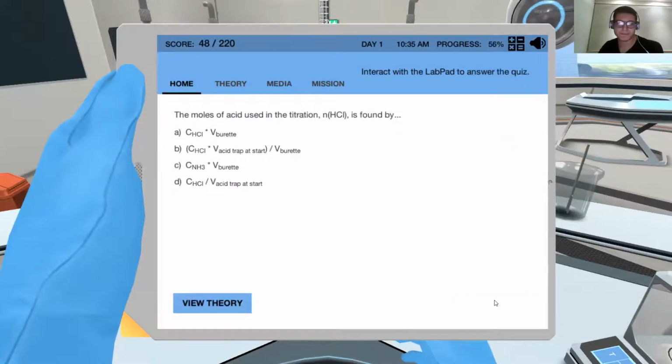The moles of acid used in the titration, N, is found by